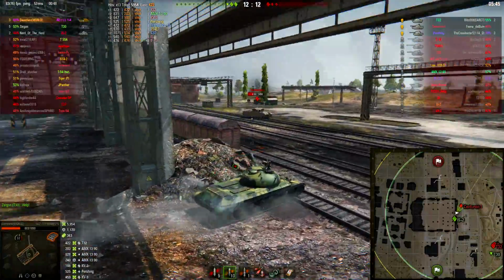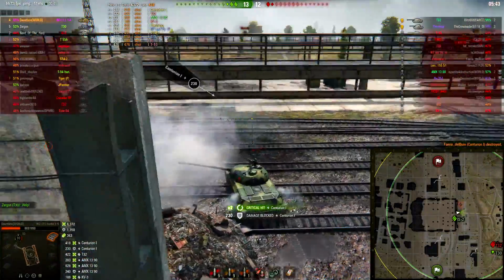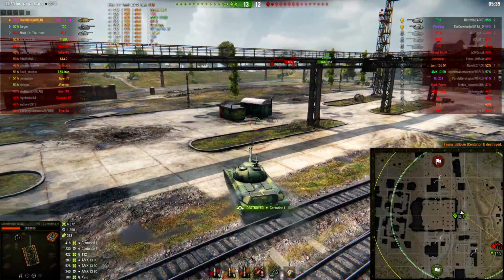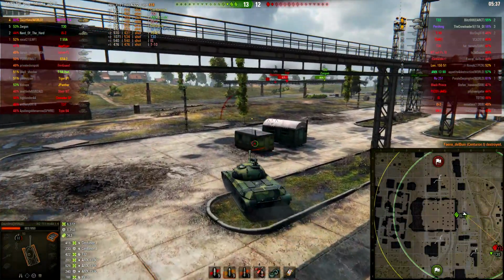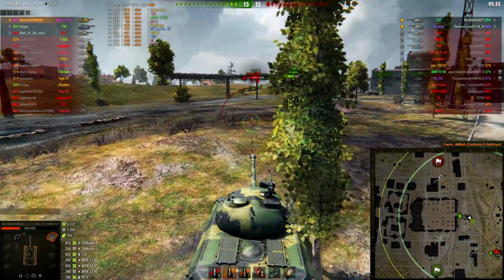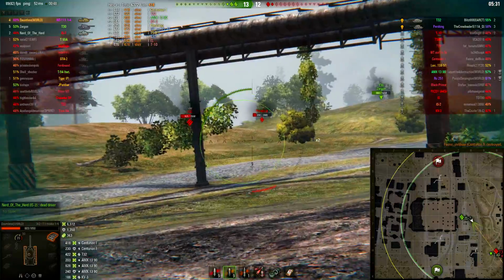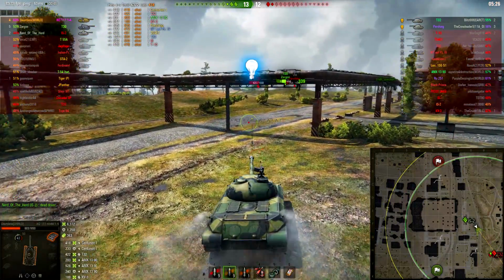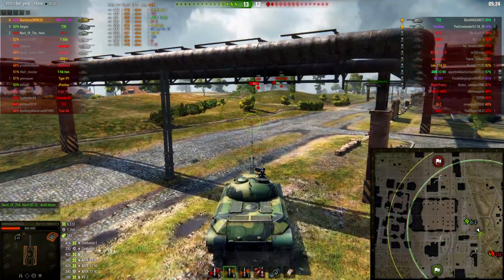So I noticed that the Centurion is completely isolated now because the Pershing did push up to try to take out that T-30. And they're both competent players, and they realize that the T-30 is isolated and they need to get our numbers down, and they abandoned their Centurion. Now, it was a smart move on their part to do this